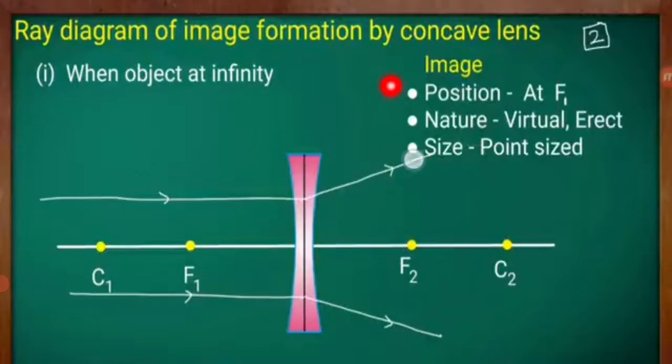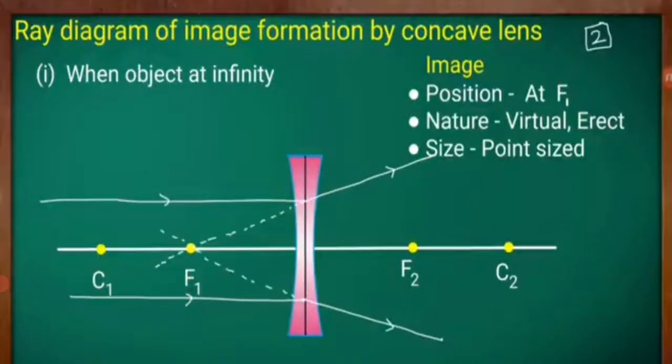As such, when you just observe these two light rays after refraction, there is no image formation. If you extend these two lines also, what you are going to get? You are going to increase the distance between them. So therefore, what we will do? We will extend these two lines through an imaginary line, so that they are going to meet at a point. Where are they meeting, children? They are meeting at F1.